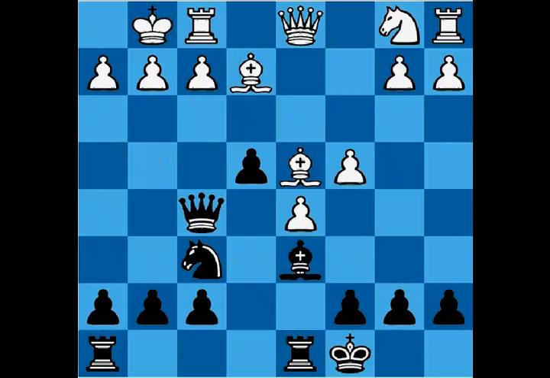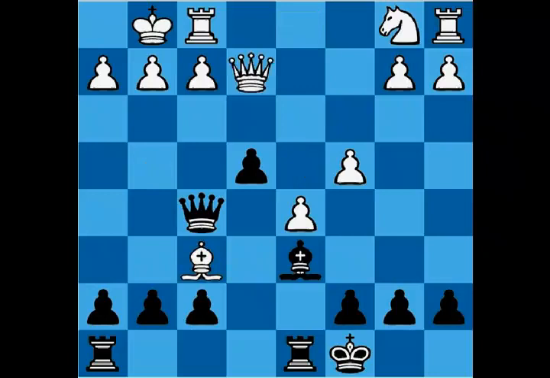If bishop takes g4, knight takes g4, black has a lot of different mating nets. And if white plays bishop takes f6, we have the intermediate move bishop takes e2, queen takes e2. And now after the simplest queen takes bishop, notice that e4 pawn